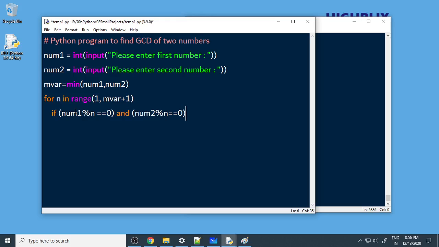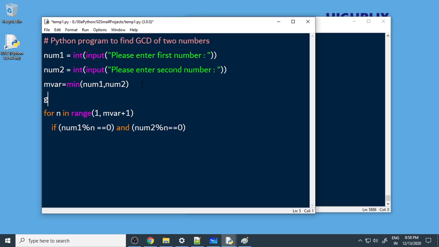If this also divides the second one. Okay. So we can have one more variable called GCD var, that is equal to 0 in the beginning. So now here what we do: gcd var is equal to n.